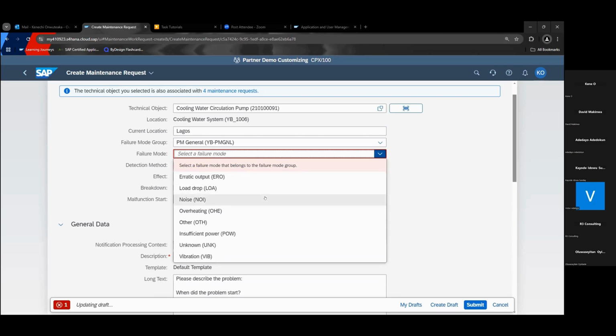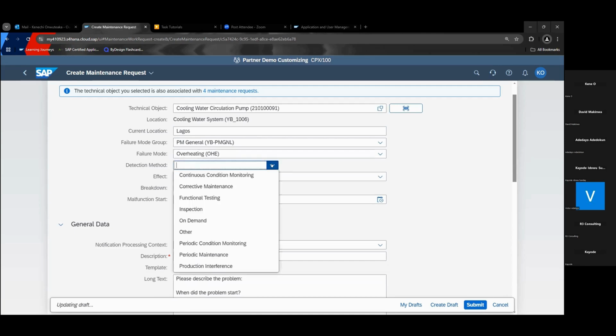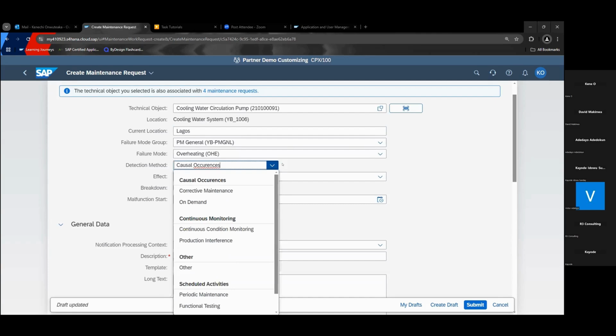Now we see failure mode. Here we see a lot of different reasons why a machine can break down, right? We have erratic load drop, noise, overheating, insufficient power, unknown vibration. Let's just use overheating, for demo purposes. Then the detection method: how did you find out when you are doing your periodic maintenance or carrying out an inspection?